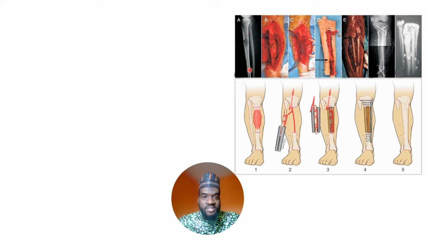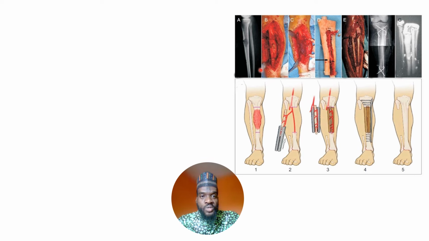The vascularized fibula transfer is what is happening here. So it's one of the most commonly used techniques for reconstruction of large tibial defects like you have here in orthopedic oncology, where an individual could probably have a cancer of the bone or a malignant